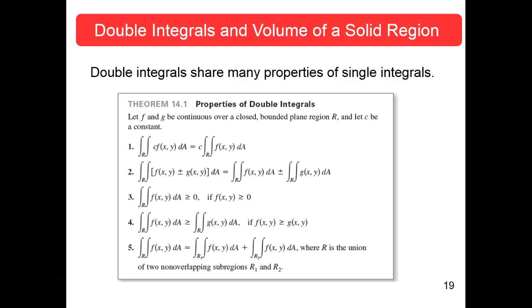So here are some of the properties for double integrals, and these will extend to triple integrals, or any number that you've got. If f and g are continuous over a closed, bounded plane region R, and c is a constant, then the double integral over that region is